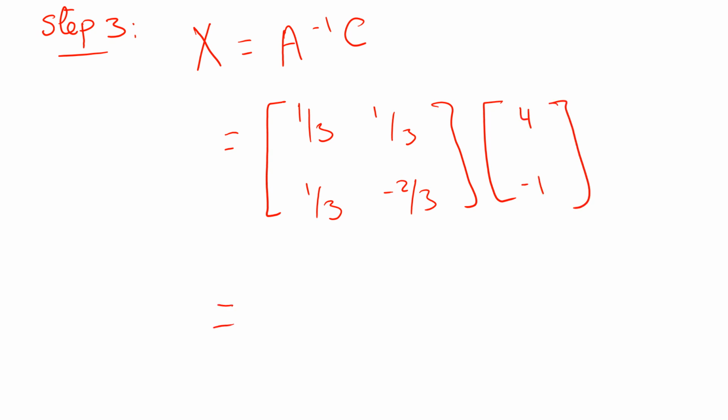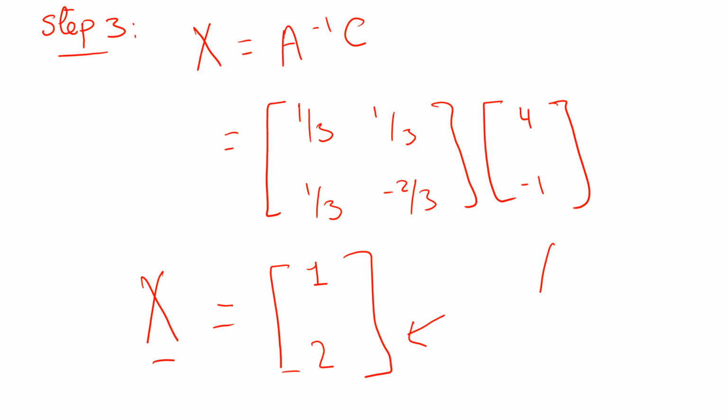When we do this multiplication, we have the following. We have 1, and here we have 2. So this is the solution for our parameters x, and remember that this x was the vector that contains our unknowns x and y. So from here we say that x is equal to 1 and y is equal to 2,